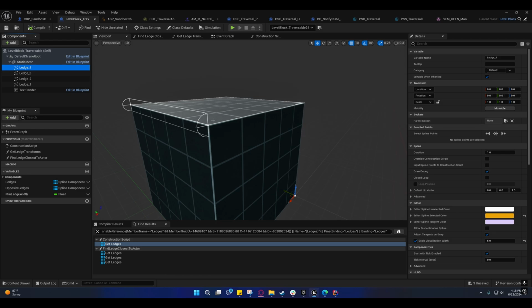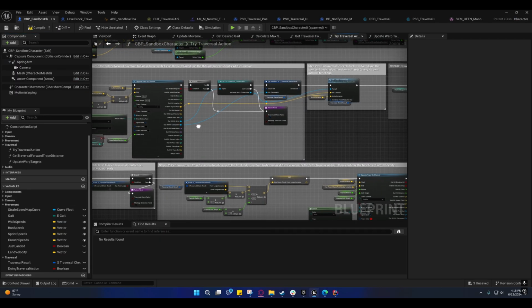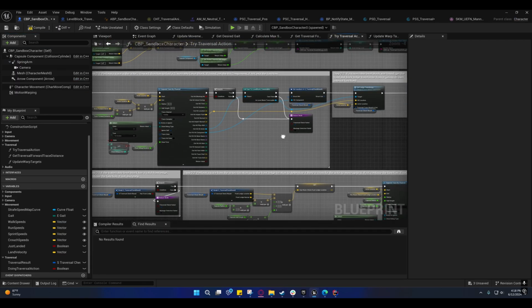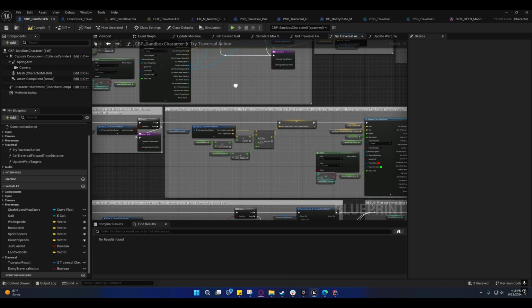But the important thing to take away from this is this little half circle here with this line going across. That line is the normal direction, and that normal direction has to be pointing out from the ledge. If you orient this in any other way, it's not going to work properly because they're tracing against that normal. So after they've confirmed that they have hit a level block traversable actor,